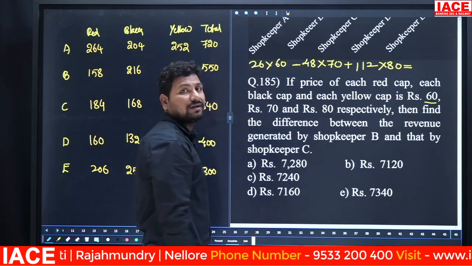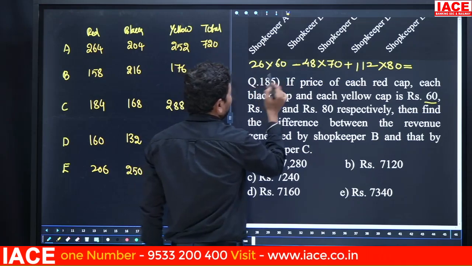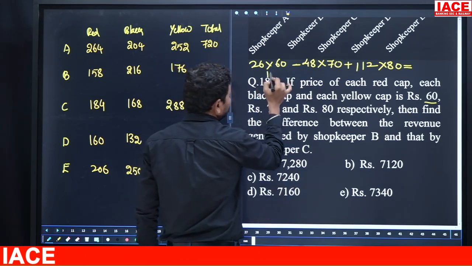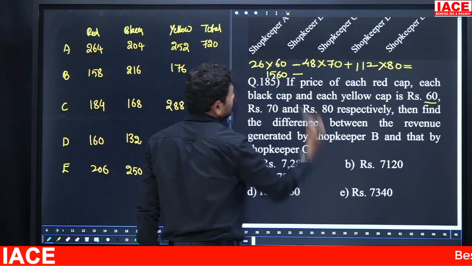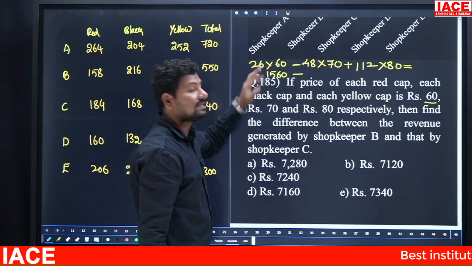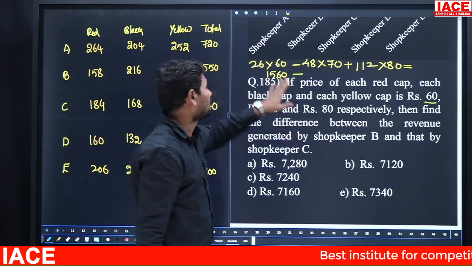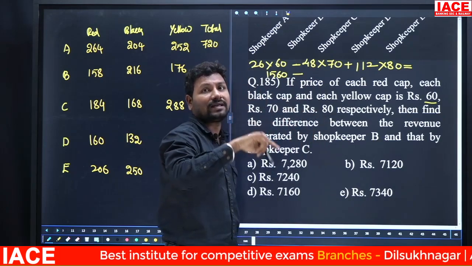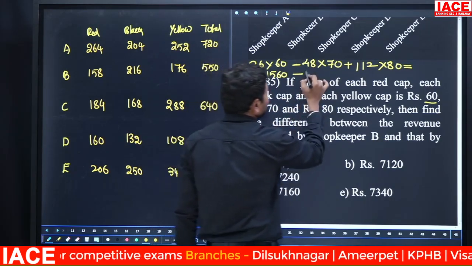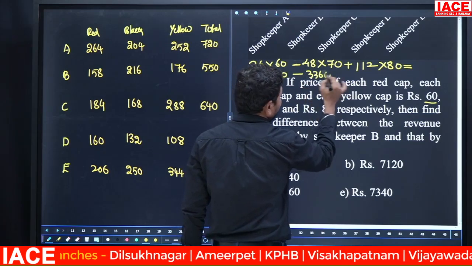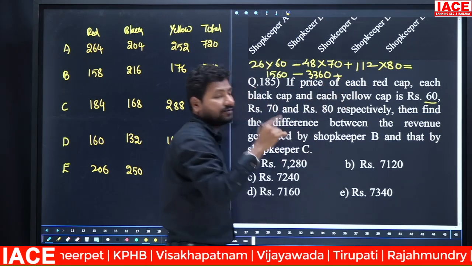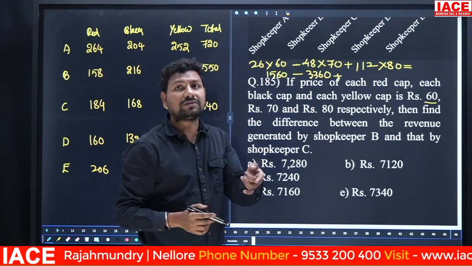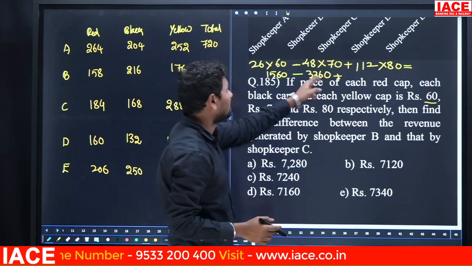Then we'll write the values here. Then 6 6s are what? 6 6s are 36, 6 2s are 12, so 120. It becomes 1560. Next 48 into 70: 7 4s are 28, so 280, and 7 8s are 56. 280 plus 56 is 336, and minus plus. Otherwise you can take 50 times 7, which is 350, and extra 7 2s are 14. 14 will be removed from 350. You will get 330 and extra 0.